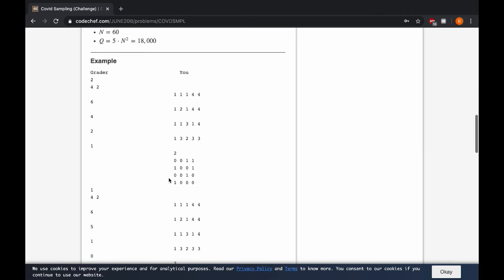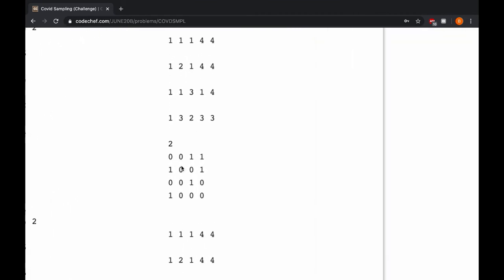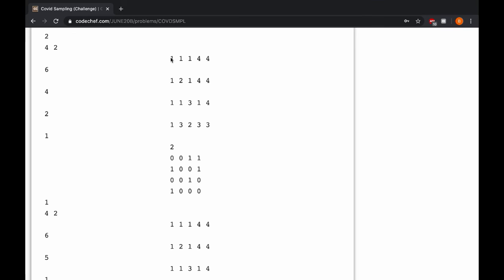So the very basic approach is, you can iterate over all the elements and ask for each and every element. Like you can ask for the first element, you are getting 0, then store it as 0. Then you are getting 0, store it as 0, getting 1, and so on and so forth. So this is a basic approach and a very easy one as well. You can just iterate over all the elements, print all the R1, C1, R2, C2 values, and go on about it.